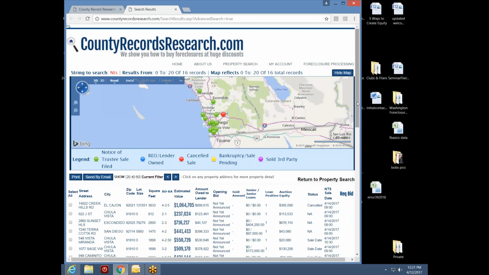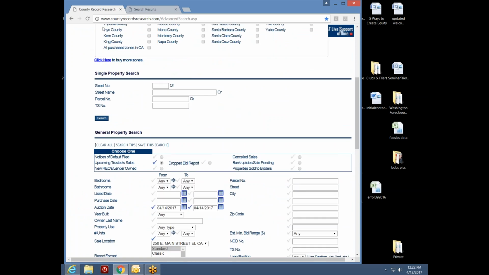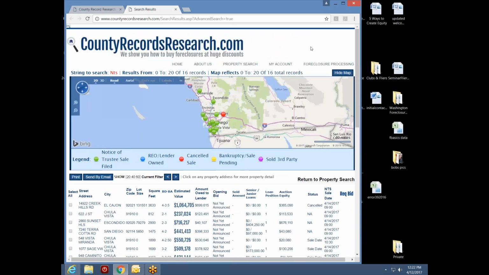Now, what just happened is I hit the search without polygon button. For the purposes of the demonstration, I'm using Google Chrome as my browser. You'll notice the telltale tabs up on top here. So now I have 2 tabs open for my open windows in Chrome. I have the search results tab, which is the highlighted one. It's the lighter of the 2. And on my left side in the corner, I have my County Records Research main page tab. So if I want to return to my main page, I click that tab, and then I'm back at my search screen where we set up our search. If I want to go back to my search results, I just click that tab and I'm right back to